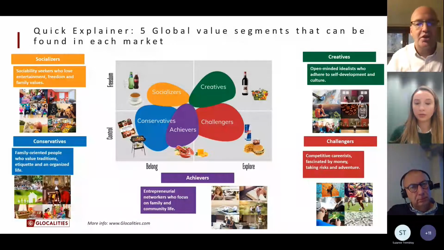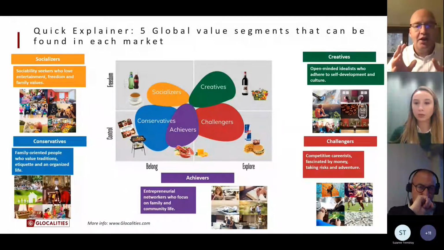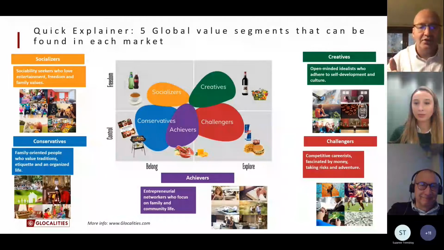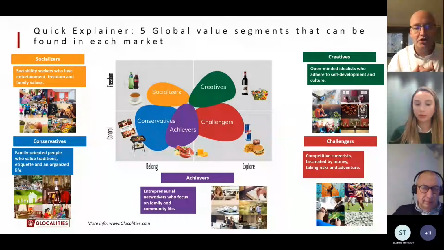Then there are the challengers, and that's another important part of the US. This is the work hard, play hard, the careerist, the adventurous part of society. This is approximately 20% of the US, and they are also very big across Asian markets. The achievers, think of Mitt Romney, the old Republicans. On one hand they are very IT driven, very venture capital driven, pro-business driven, but with a more conservative value set. They are very large in the US, but even larger in markets such as China, and in the Middle East they're very big.